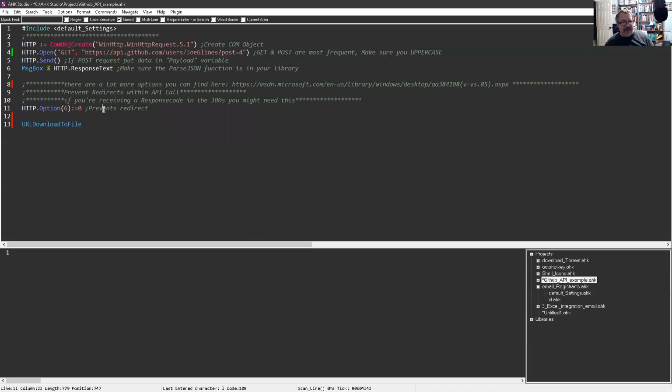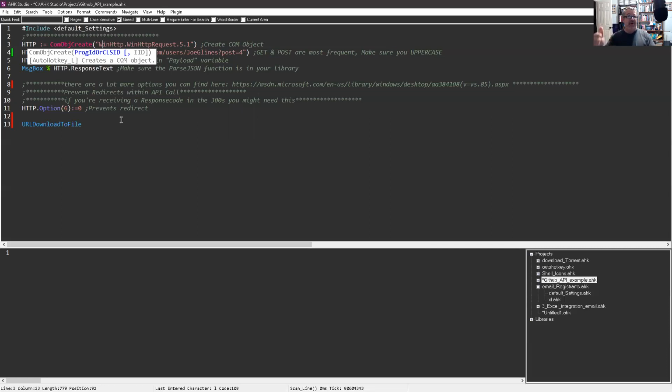And just say if this is all new to you, you've probably never run into it. But Jackie mentioned dealing with redirects. I've had times where using the COM object from line 3, it wouldn't work. What was happening was my COM object would go out and connect to the server. What I needed to do was to actually stop it from getting redirected and take the response I got there and then use it in my next step.